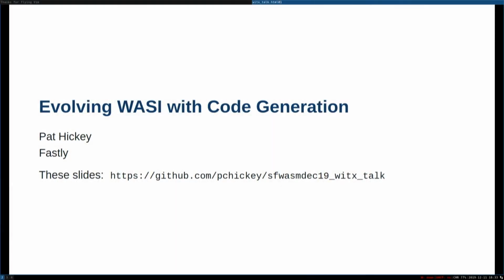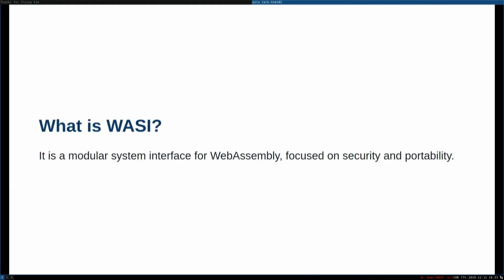I work at Fastly and I'm the tech lead on our LibC WebAssembly compiler and runtime. If you care, these slides are on GitHub. I probably won't be able to read that, but okay, and so I'm here to talk about WASI, which is a standard that is being worked on by the WebAssembly community group. It's an open standards group. People from the Bytecode Alliance are involved and many people beyond.